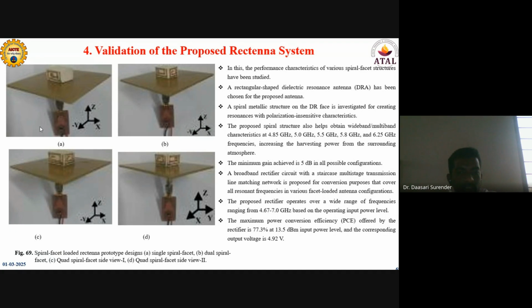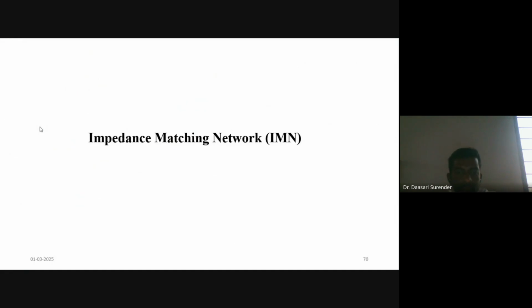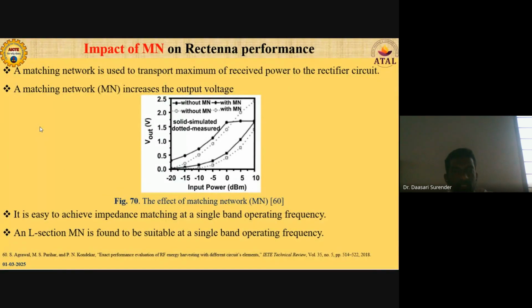And here, these are the different rectenna systems implemented with different antenna designs. And the next one is the impedance matching network. The impedance matching network also plays an important role in rectenna performance. Here the matching network is used to transport the maximum of the power received by the antenna to the rectifying circuit. So basically, if the matching is perfect,